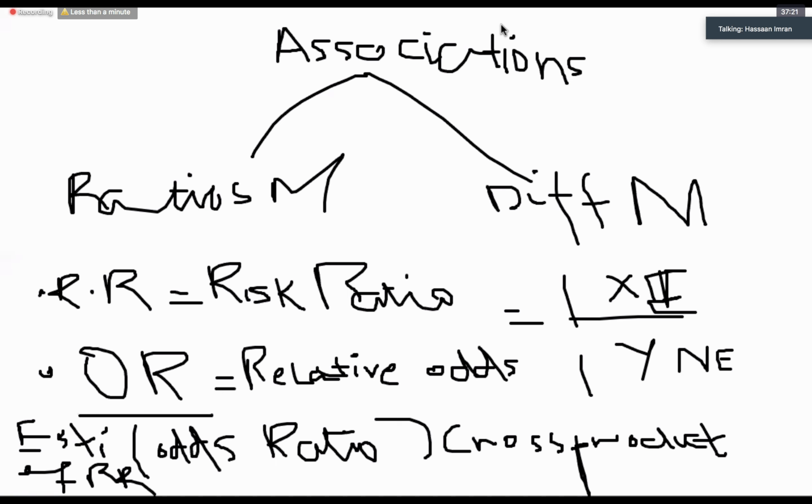And as far as odds ratio is concerned, it is another ratio measure for calculating associations. The other terms used for odds ratio are relative odds or cross product ratio, or it is also known as estimate of relative risk. Now, the most interesting term used for odds ratio, and generally in exams, students get confused by estimate of relative risk. So if there is any question in which they ask you to estimate relative risk, that doesn't mean that you jump straight onto the calculation of relative risk.